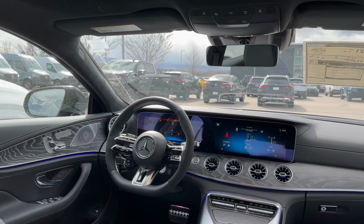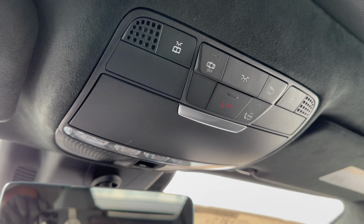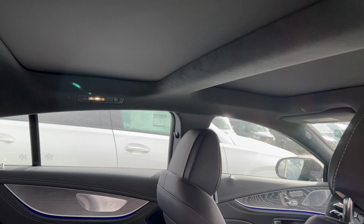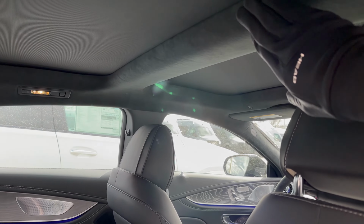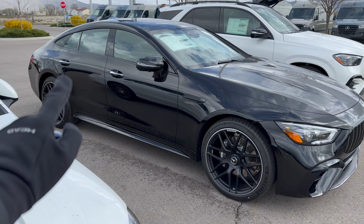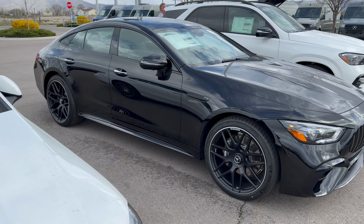Looks very stylish. You can actually option that in carbon fiber. SOS features up here for emergency, as well as light fixtures. And this car also has a panorama roof with the Alcantara headliner, very soft here. And this is a complete side profile. Love the chrome door handles as well, and the black accents around the windows because this car has the AMG